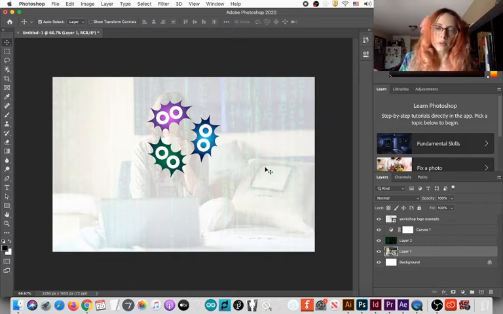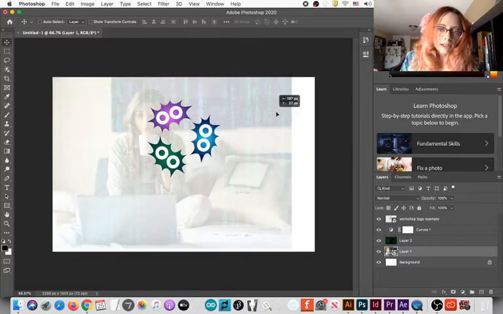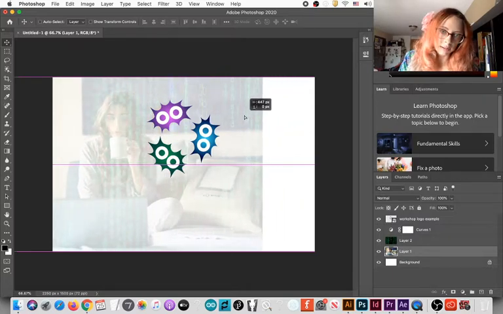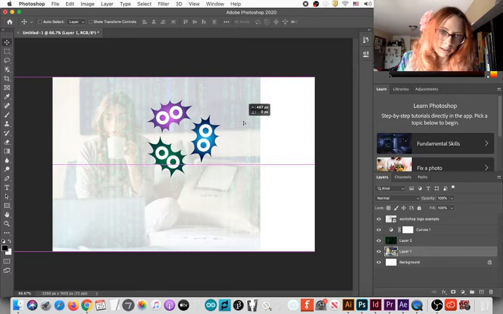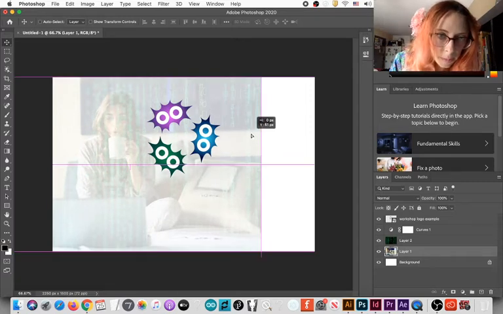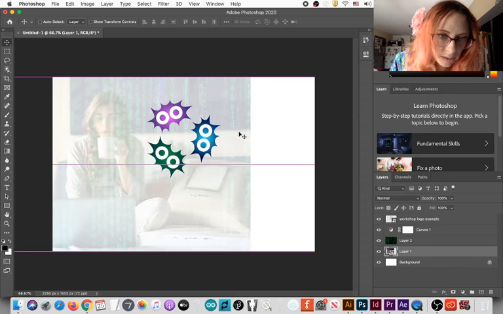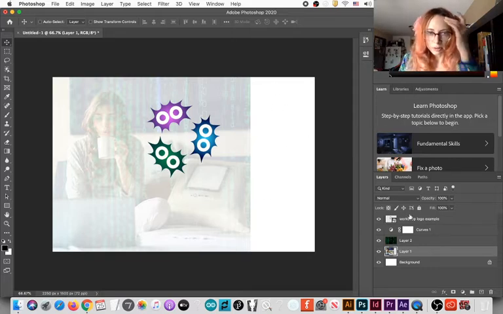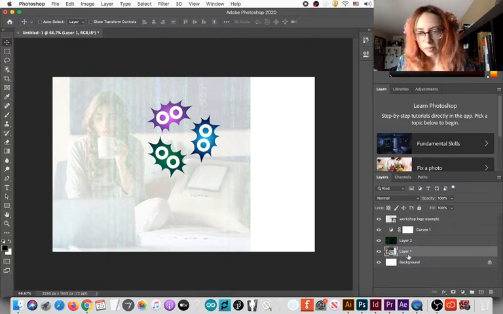So in order to be able to move her, I will need to cancel the auto select layer here. And now clicking on a layer that's above the layer that I'm interested in will not mess it up. Okay, so now we have this lady here, but I have an entire space here on the right that's empty.